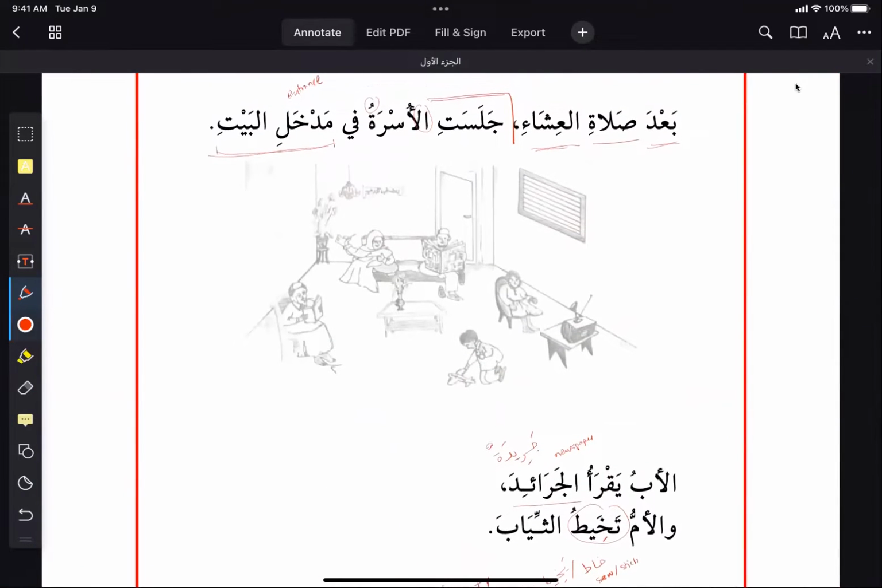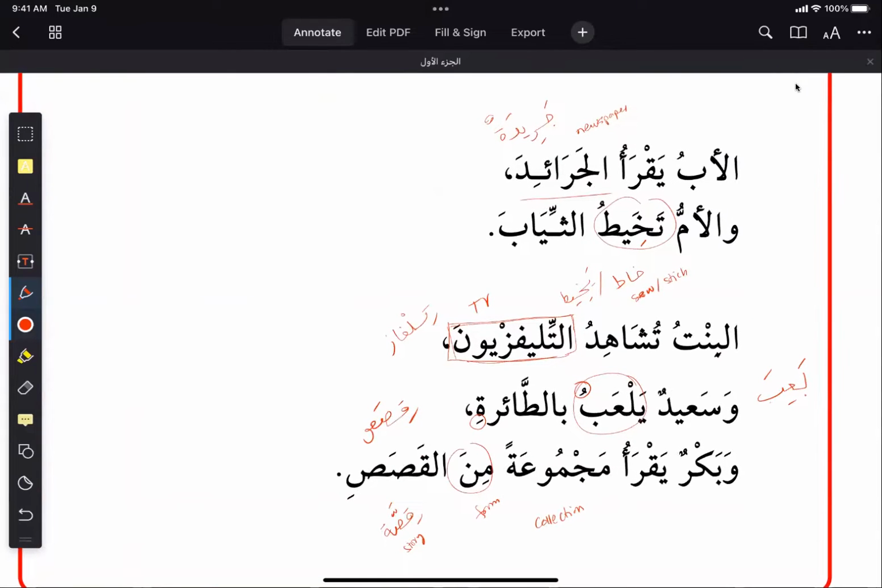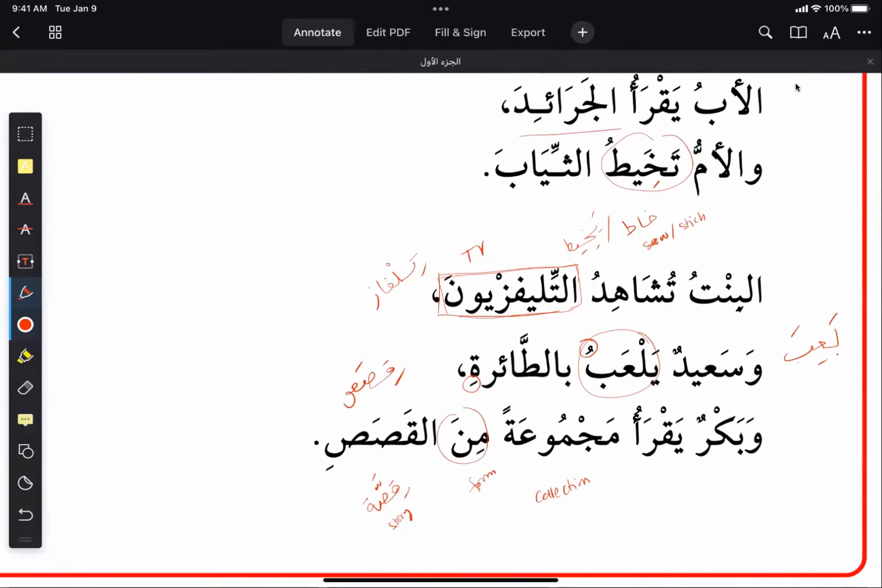What's happening? Ba'da salatil isha'i jalasatil usratu fi madkhali al-bayt. So after the Isha prayer, the family sat in the house entrance. Al-abu yaqra'ul jara'id. The father is reading the newspaper, while ummu takhitu thiyab, and the mother is sewing, or stitching, the clothes. Al-bintu tushahidu television. The daughter or the girl, from the family context, we want to translate as a daughter, right? The daughter is,